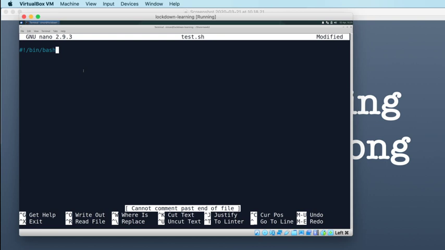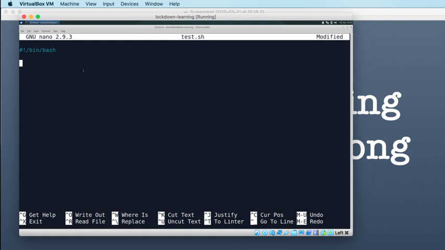If on the other hand we wanted to execute this with a different interpreter, we could point to that one. If we wanted to write a Perl script, you would put /usr/bin/perl, because that's where Perl lives on our system. As long as everything that followed was valid Perl syntax, then when you tried to execute that file, it would be interpreted by the Perl interpreter. But we're writing a bash script, so we're going to do /bin/bash, which is where bash lives on our system. And then in the body of the file,